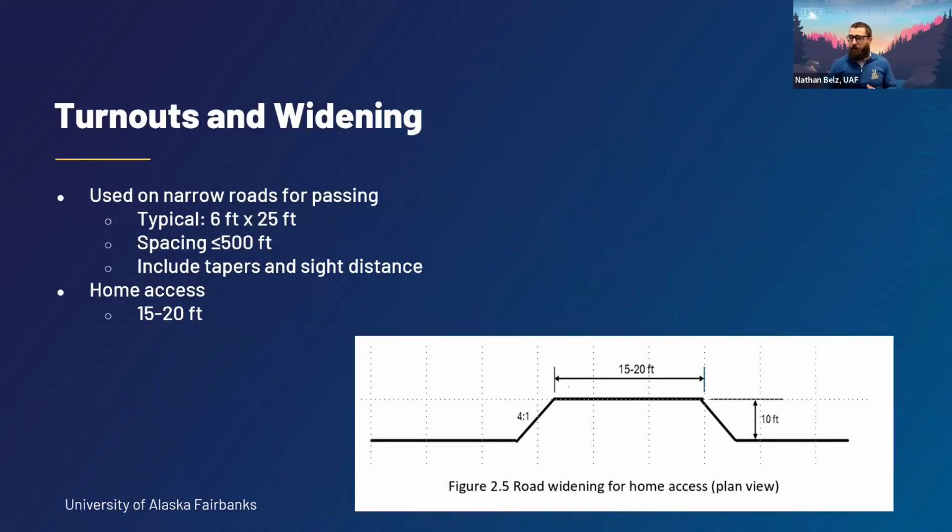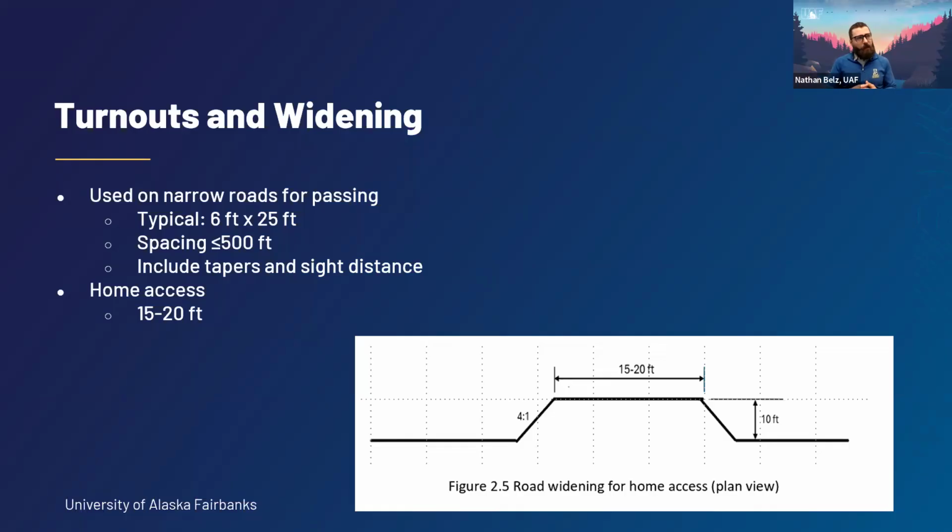For turnouts and widening, having the ability on narrower roads for passing. So if, for example, the scenario is we have one of these narrower residential streets, and it is two-lane operation, and there isn't enough space for vehicles to pass, rather than having the entire length of the road itself have a wider width, it's intermittently providing space with wider widths for pullouts.